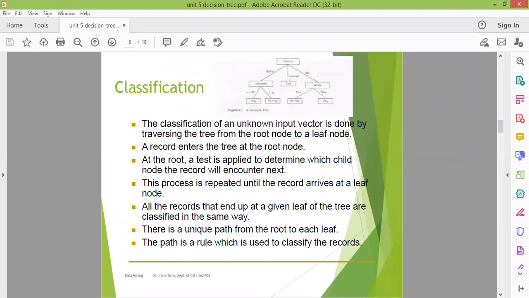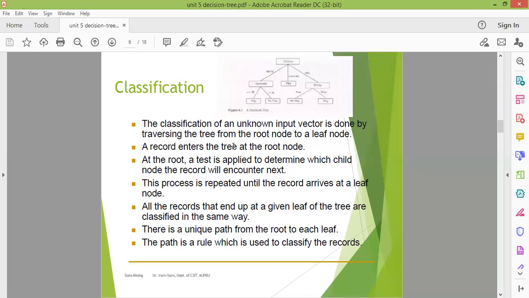So this is the same decision tree. The classification of an unknown input vector is done by traversing the tree from the root node to the leaf node. So if you want to classify an unknown input vector, meaning a vector from the test data, if you want to classify a new value, you have to traverse the tree and come to the leaf node.